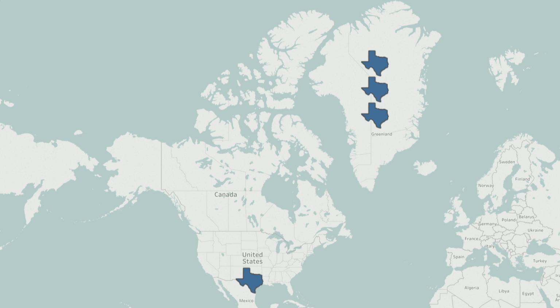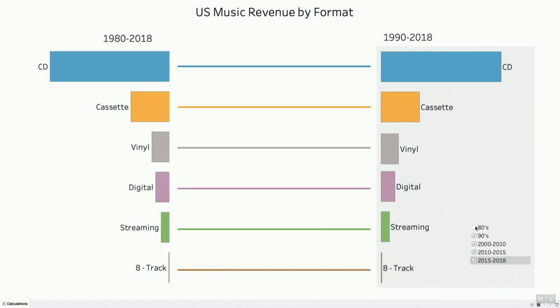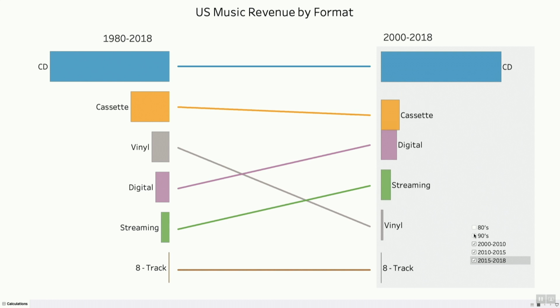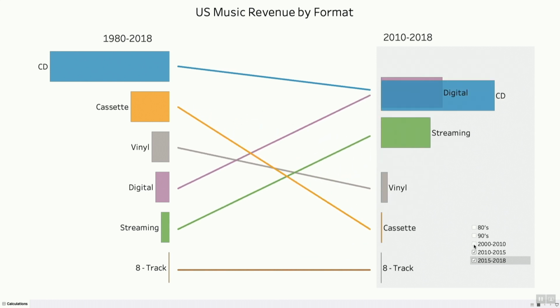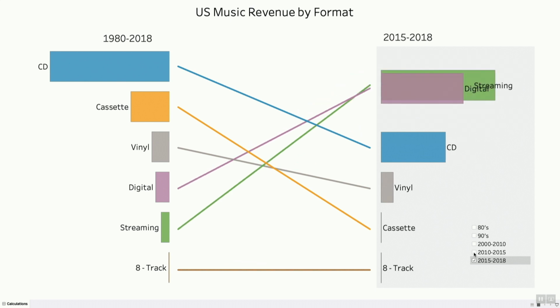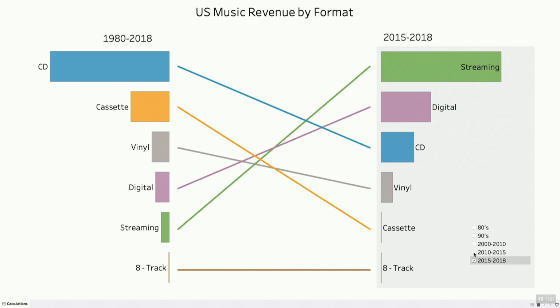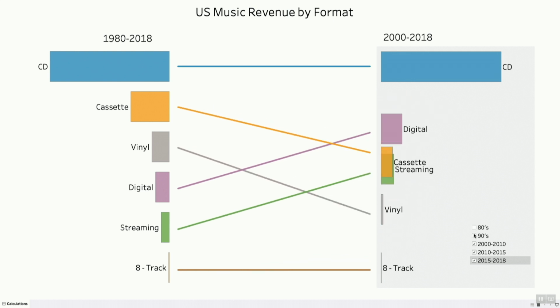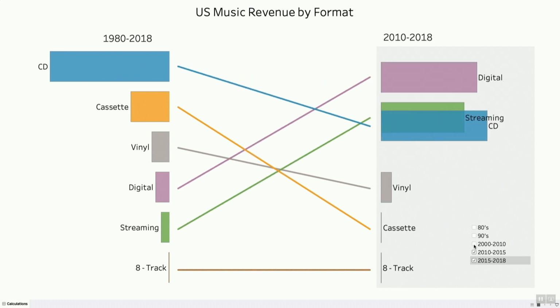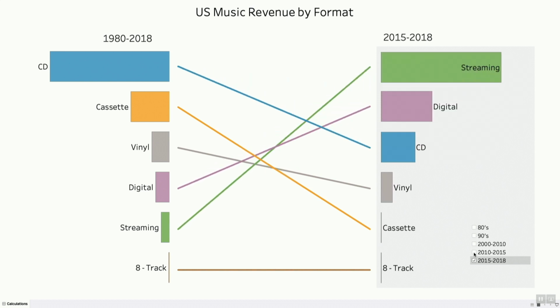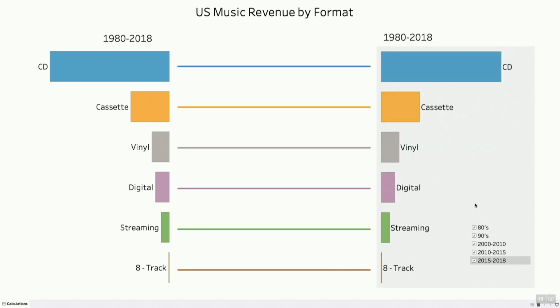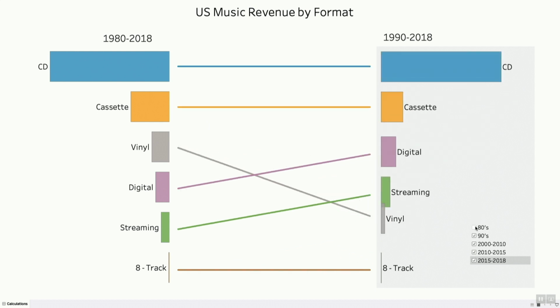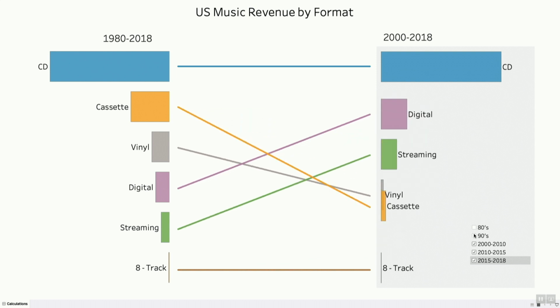So this morning, Tableau released a new feature. It's a really awesome feature. It's mark animation. So in this viz, this is a viz of US music revenue by format. So 8-track tapes on the bottom, CDs. Over the last 40 years, CDs have far outsold cassettes, vinyl, digital, and streaming. But if I start removing the decades, we can watch as streaming moves from the bottom up to the top. So there's 80s gone. Now we're just looking at the 2000s,